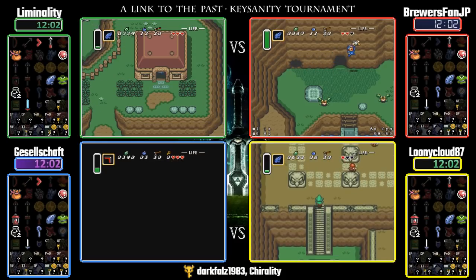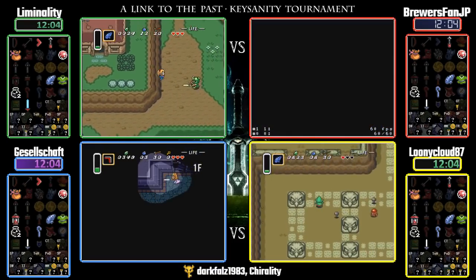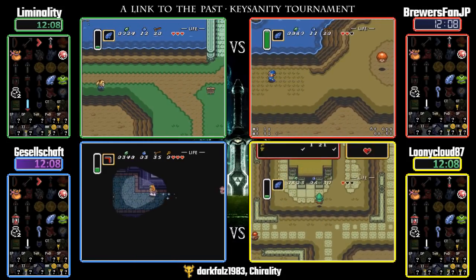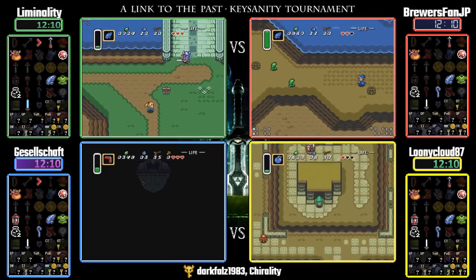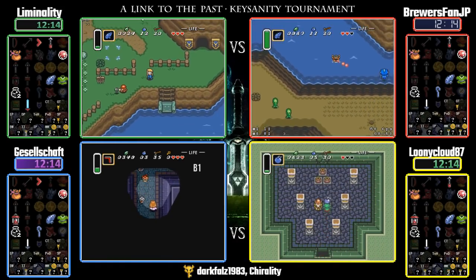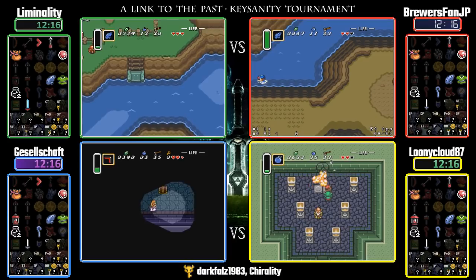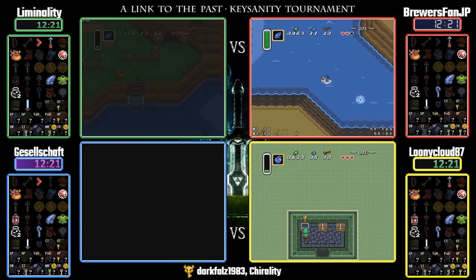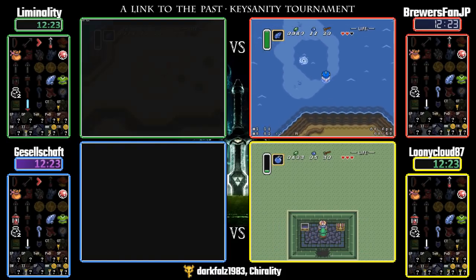Now, Gesell is going to be able to check this dark room. Liminality was here, but left because he did not go down to get his lamp yet. So little routing divergences give both of these players small advantages. And we see our first play onto Shrashala, and we'll see what he has for us. Sadly, only a big 20 on the...